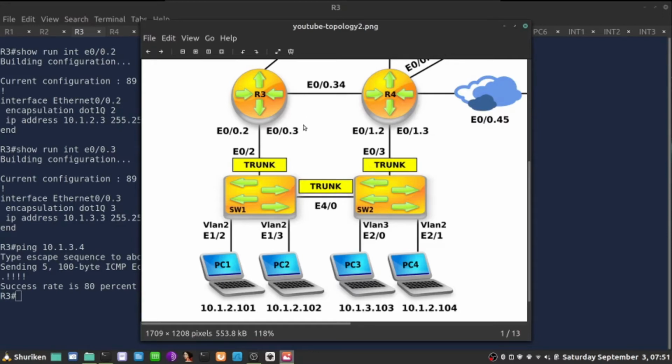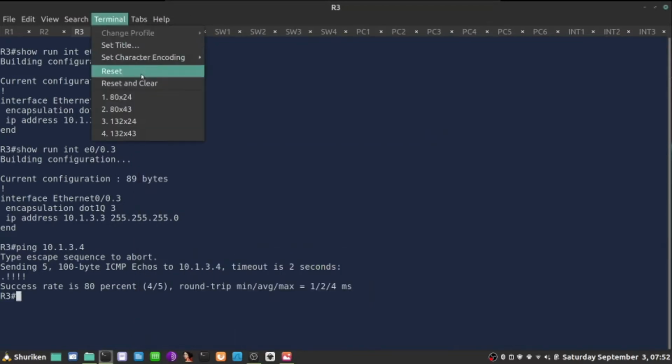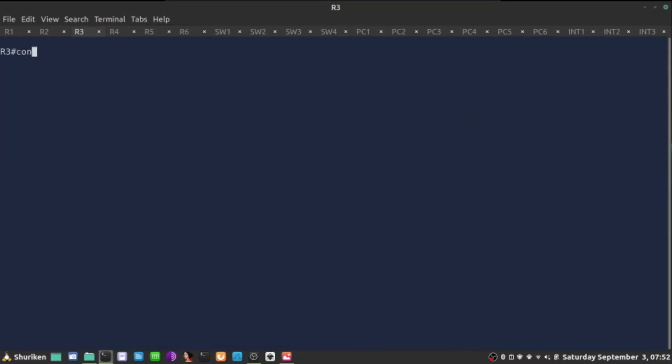failure. So here I'm going to create a new HSRP configuration on R3 and R4 for VLAN 2, and I'm going to ensure R3 is the active router for VLAN 2. How am I going to do that? So let's just clear the terminal here, and I'm going to jump to interface E0/0.2, and I'm going to add